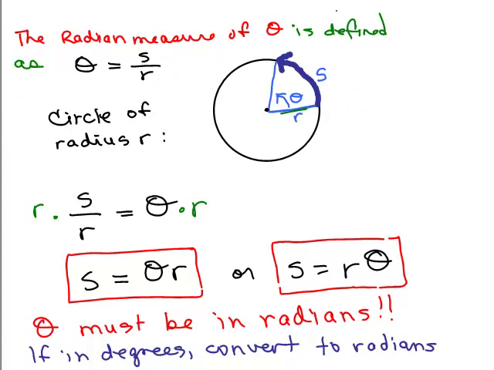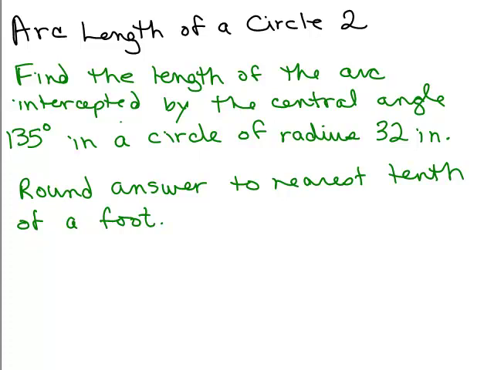So remember, we found out the formula for arc length could be thought of as S equals R theta, where R is the radius and theta is in radians, right? And it comes from the definition of the radian measure. So we're going to use this formula, S equals R theta. So we need to know R and theta. R is the radius, and that's given right here as 32 inches. And theta,